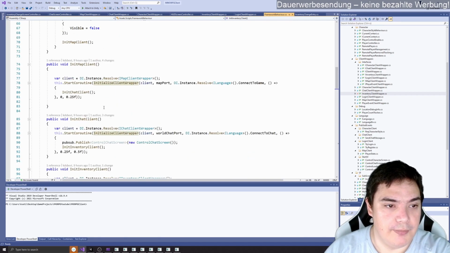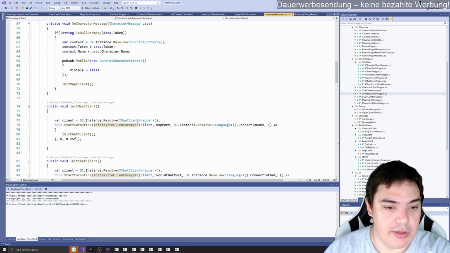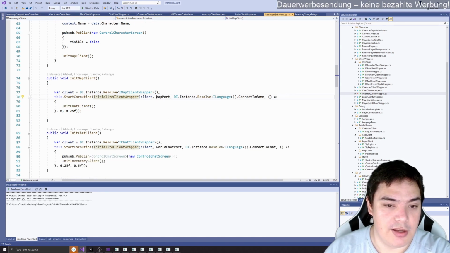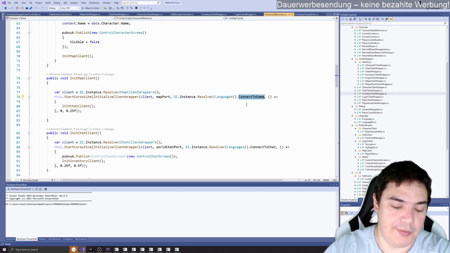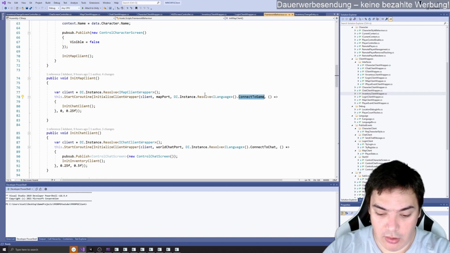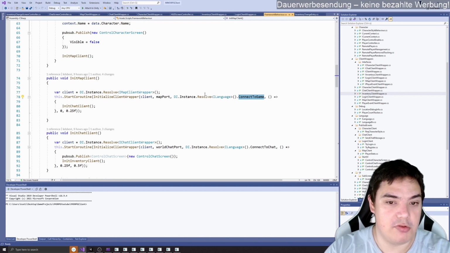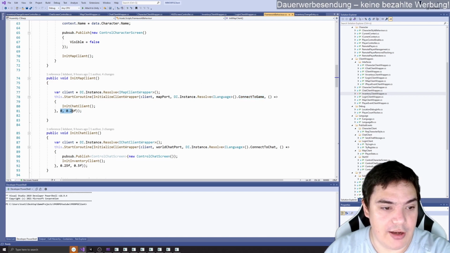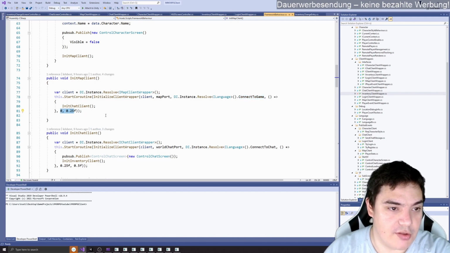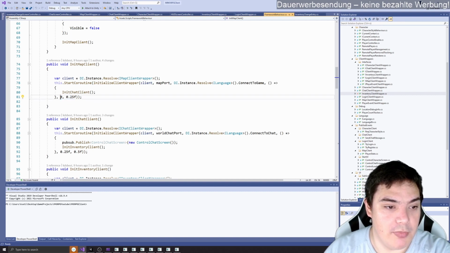For example, when you have a client, you just need to call initialize client wrapper and give it some information like the port, and it will know what it has to display on our status screen with the progress bar. And if you don't provide anything, then it says you just initialized 1 client, but you can give it a start